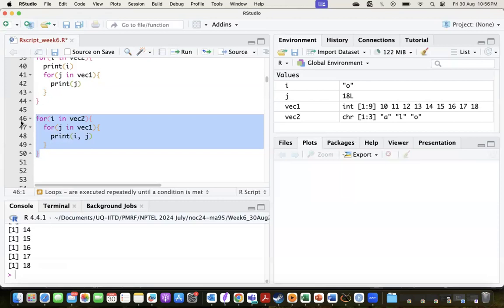Ma'am, same like start with A, then vector 1, and then L, then vector 1, and O, then vector 1. Yes, but this print is a little different. Yeah. So, right. So what it's giving you, as one of you rightly pointed out,